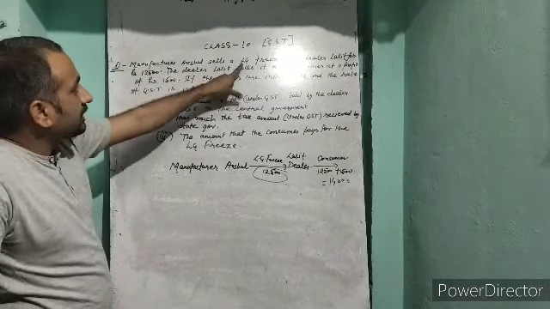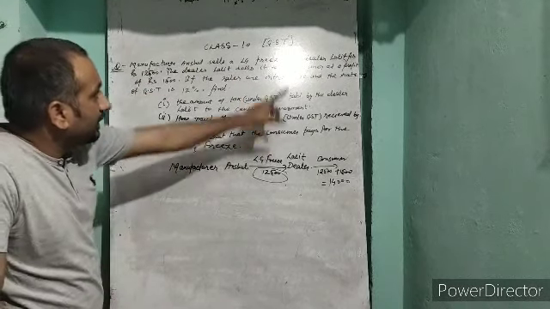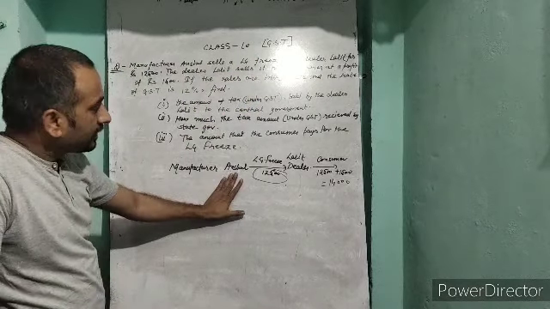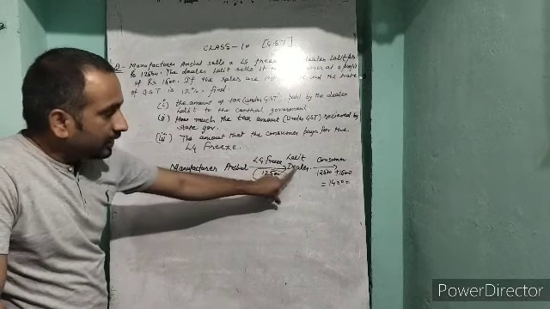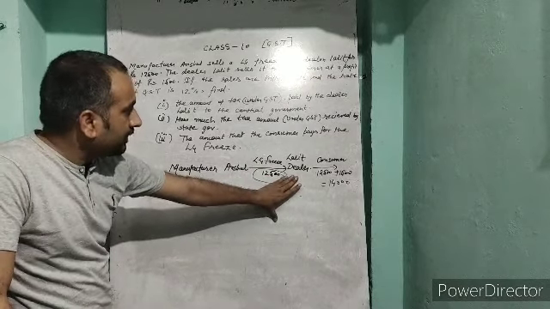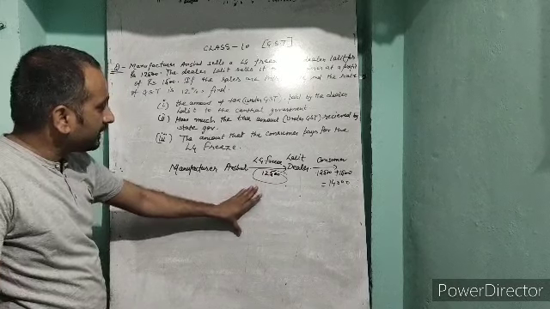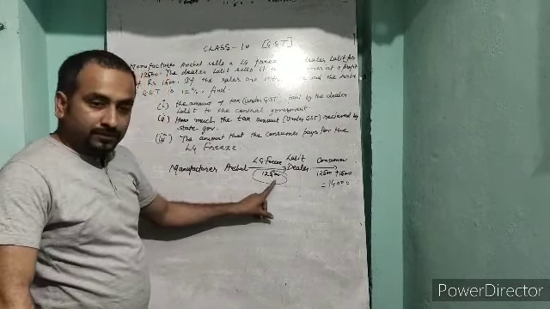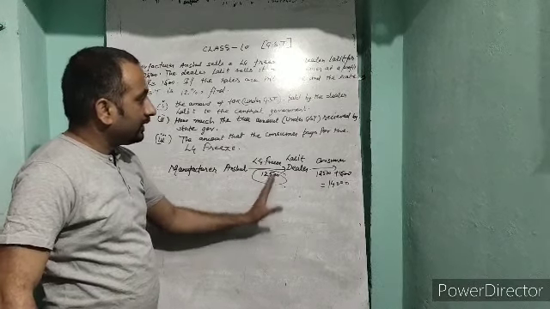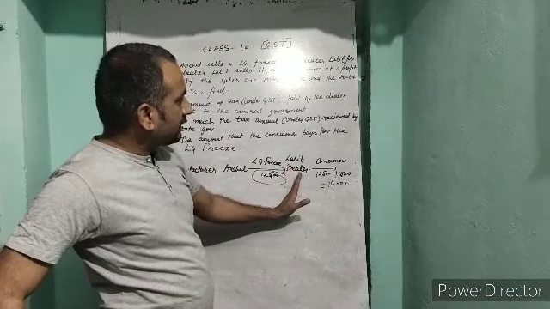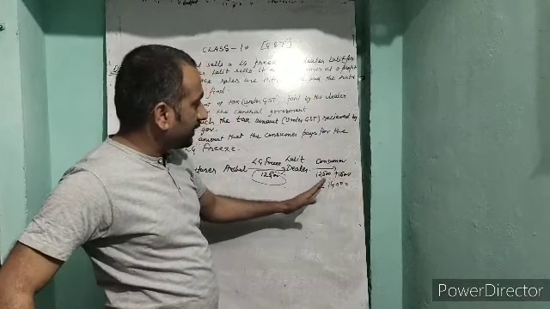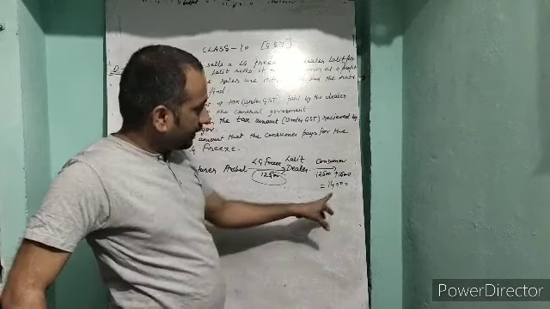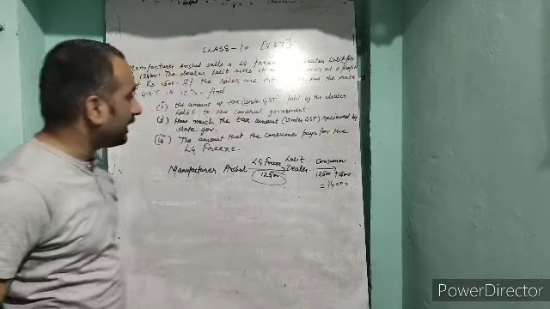Manufacturer Ansul sells an LG fridge to a dealer Lalit for rupees 12,500. Lalit is your dealer, and the cost price of this fridge for Lalit is 12,500. After that, Lalit sells this fridge to the consumer with a profit of rupees 1500. So the cost price of this fridge for the consumer is 14,000 rupees, and the GST